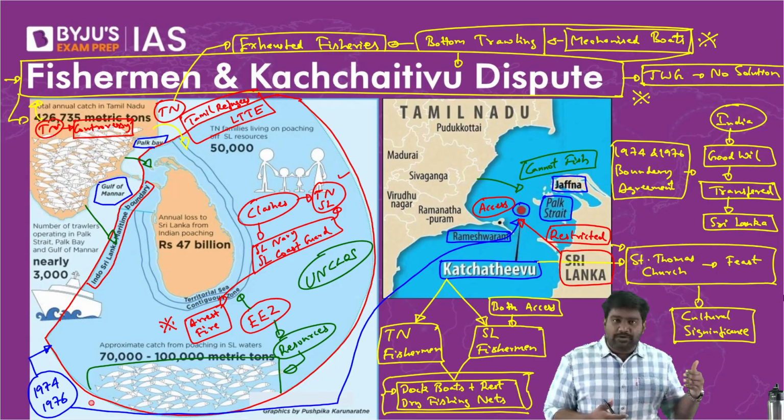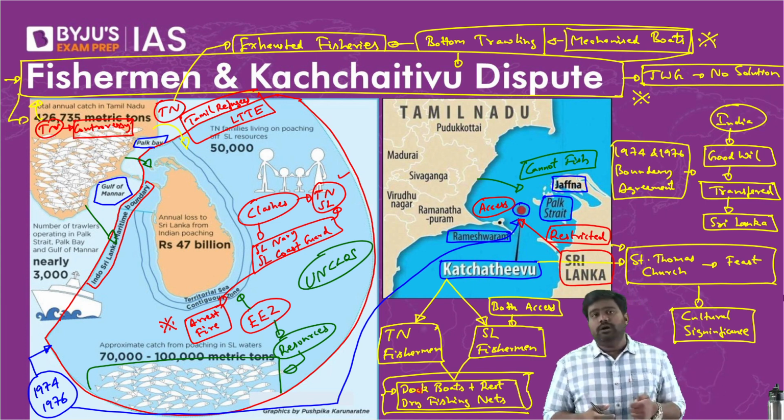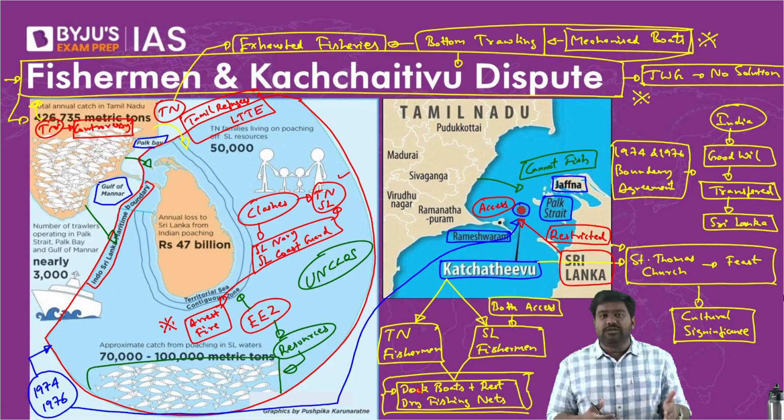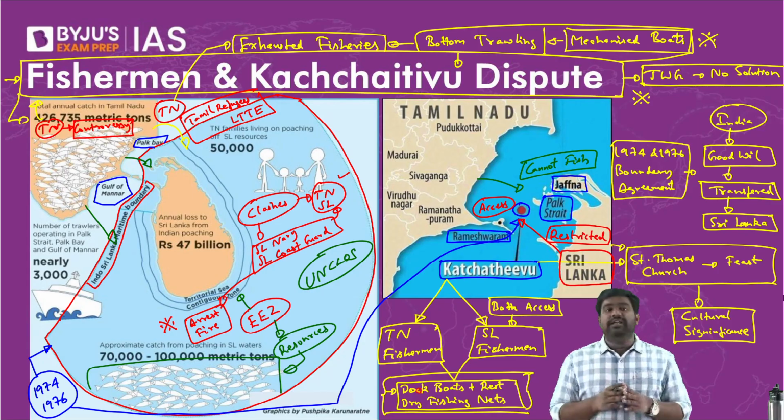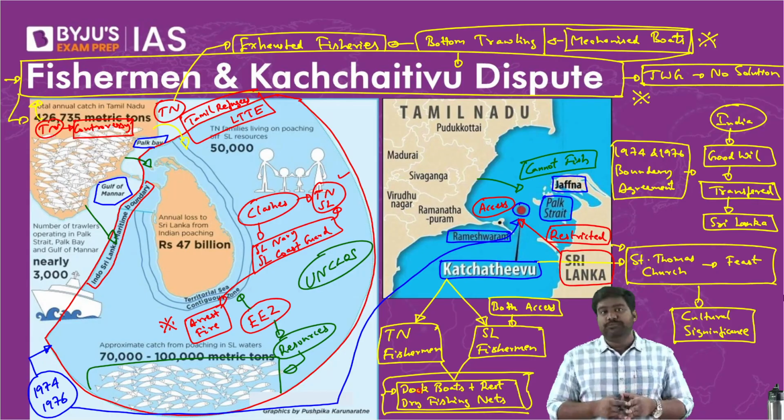A few Indian fishermen have been shot and killed by unknown miscreants. It could be Sri Lankan authorities or Sri Lankan fishermen, we don't know. There are some cases where Indian fishermen have been arrested and detained, as happened 2 days ago. Around 30 fishermen have not returned, and it's believed that they have been arrested by Sri Lanka and held in Jaffna. Right? So this remains a pending issue. So it's high time both India and Sri Lanka find a solution to this.